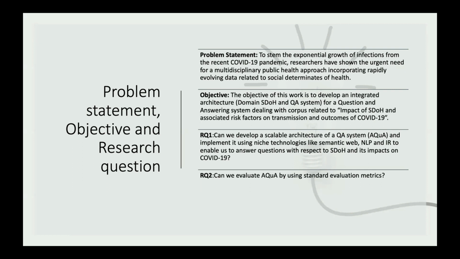Researchers and many scientists have shown the urgent need for the multidisciplinary public health approach, incorporating rapidly evolving data related to social determinants of health and COVID-19. So our objective through this work is to develop an integrated architecture for a question and answering system that should be able to answer any questions related to impacts of social determinants of health and associated risk factors on transmission